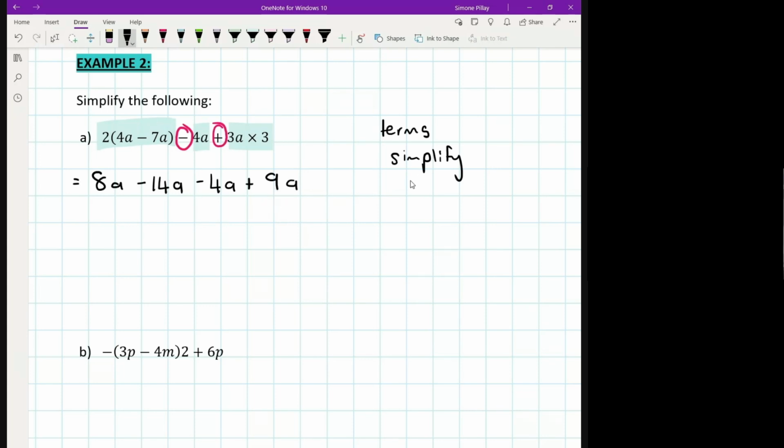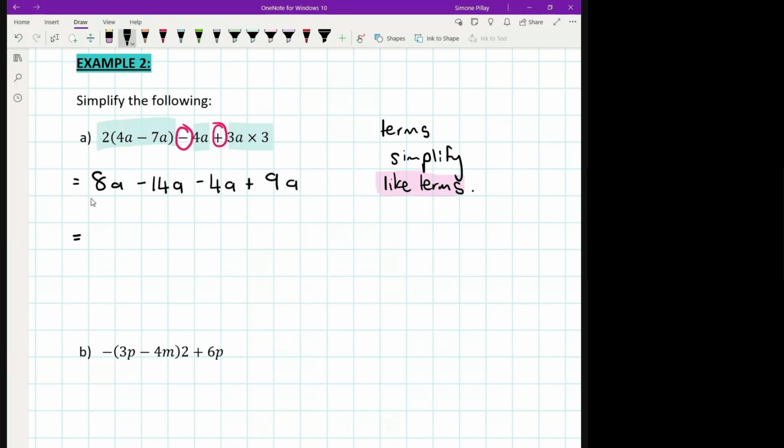Nope. All the variables are the same, though. Exactly. So that means they're like terms, which means I can add them up. Oh, ma'am, okay. 8 minus 14 is